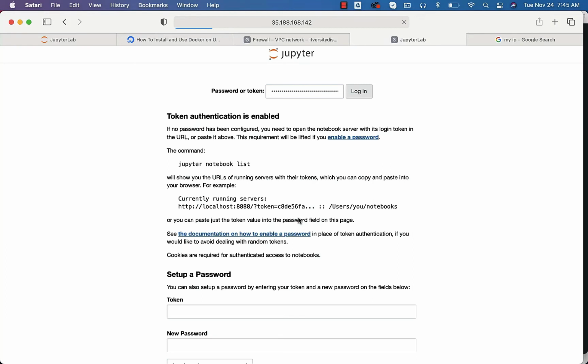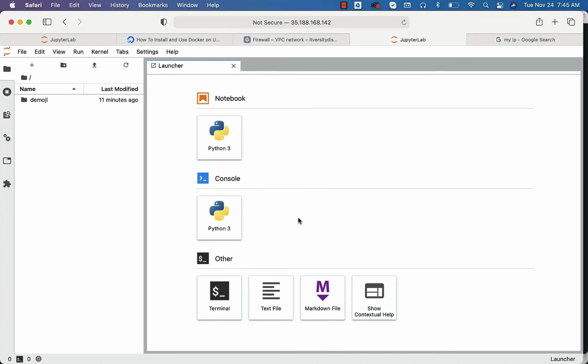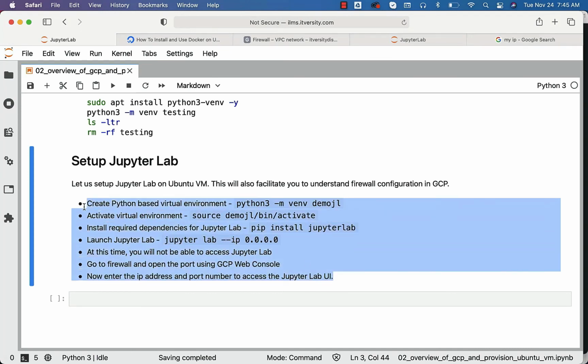So this is how you should be able to set up Jupyter with lab interface and you should be able to access it. Now if you have any Jupyter notebooks, you can upload those from here and you should be able to practice. We will get into those details as part of the relevant topics in different sections as part of multiple courses. As part of this topic, we primarily focused on setting up a Jupyter based environment using these steps on an Ubuntu based machine.